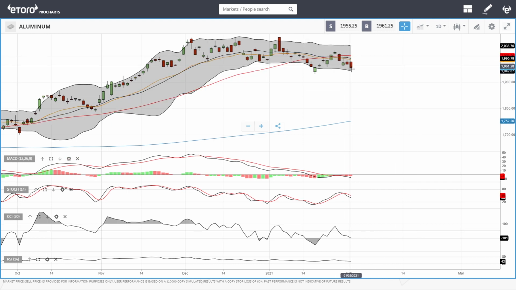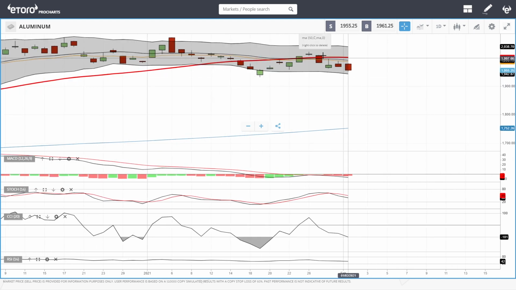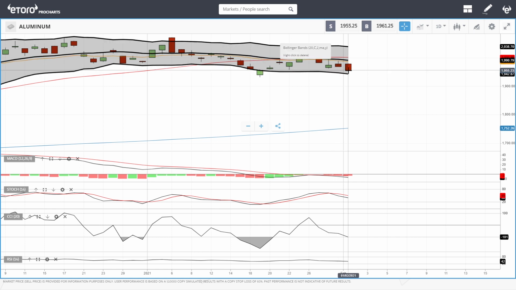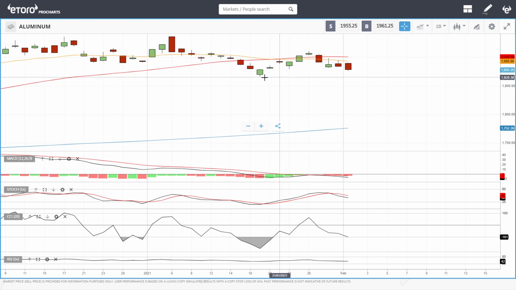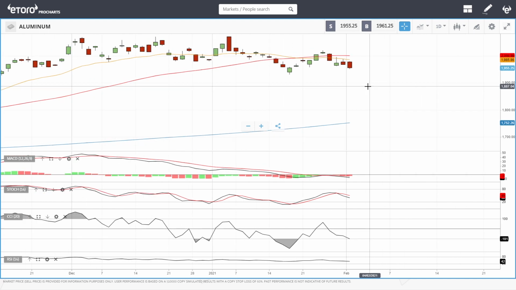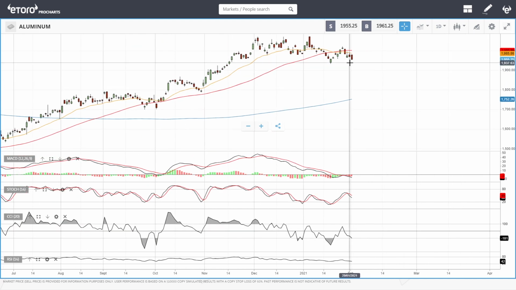So as you can see, we fell quite significantly today. The problem here is that the 50 moving average and the 20 exponential are no longer acting as support, they're acting like resistance. As I said yesterday, it is very likely that we're going to test these previous lows here. And at this point, we are not really there yet, but we are very close. If these lows at roughly 1931 break, we're going all the way down to 1900 and then much lower than that. So as long as the 20 and the 50 are acting as resistance, this is just going to go lower and lower.